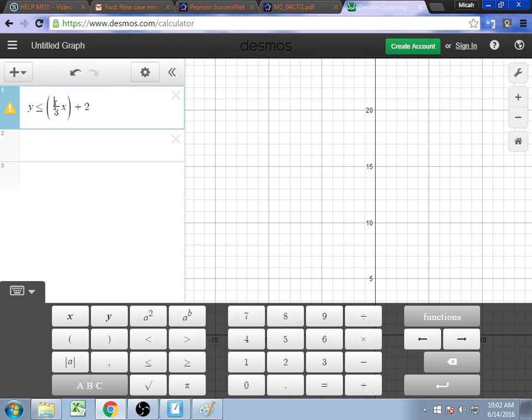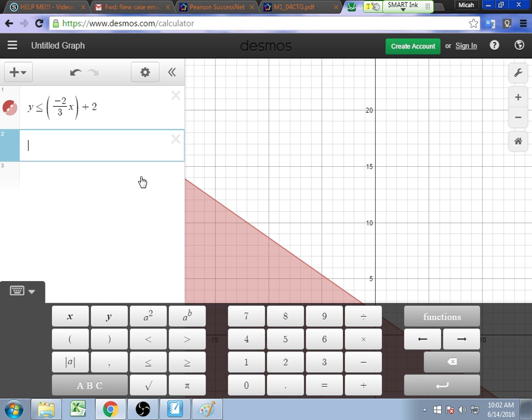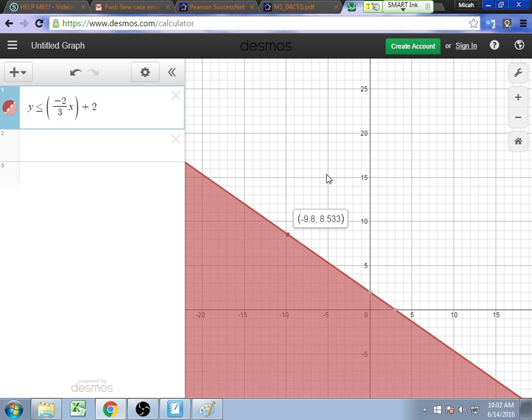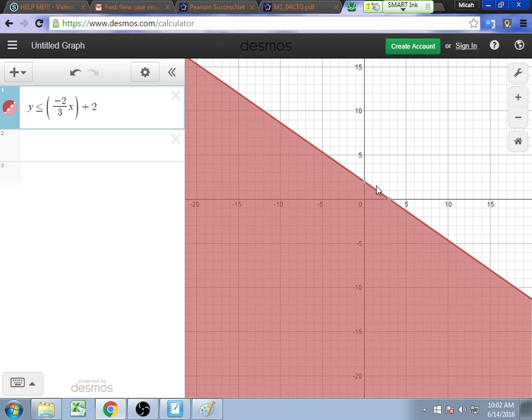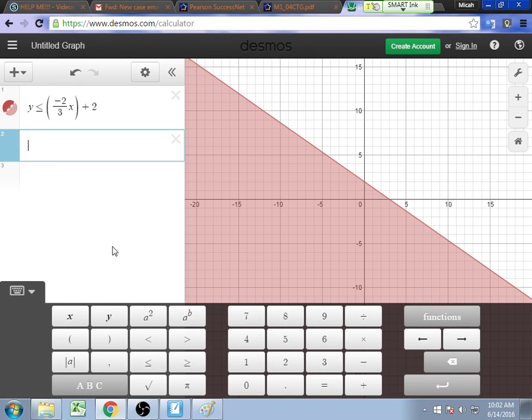Something in the formatting just got goofed up. There we go. So notice it's now going to shade the range of my solutions, and because it's less than or equal, the line is solid because it has the "or equal," and because it's less than, it's everything below it. So then when I put my next function up here, y is also less than or equal to